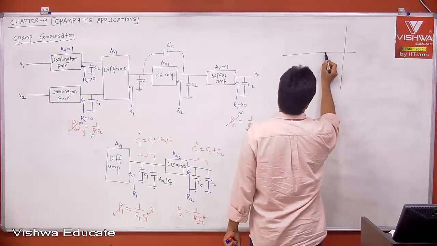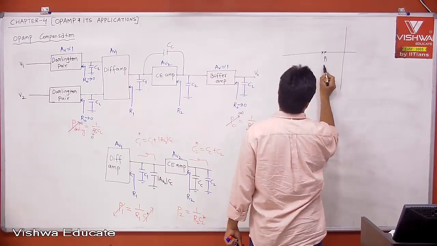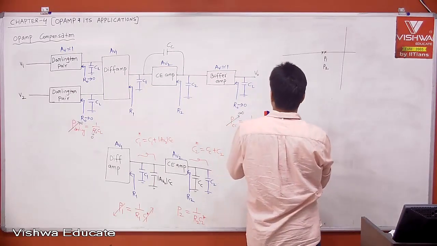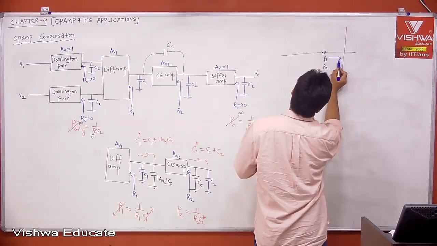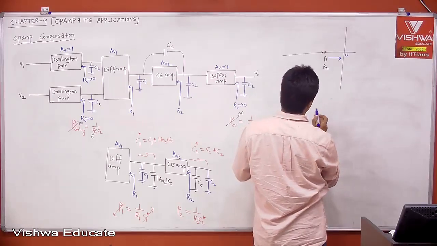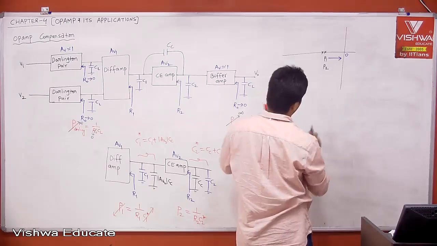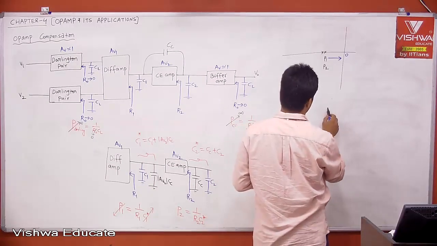Root locus, in other words, we have P1 and P2, right? We have P1 and then P2. Now you know the non-dominant poles. I'm not representing. Now your P1 is moving towards origin. P1 is moving towards origin. That is what is becoming the dominant pole, right? And if you ask me the frequency response of your compensated op-amp, right? Frequency response is